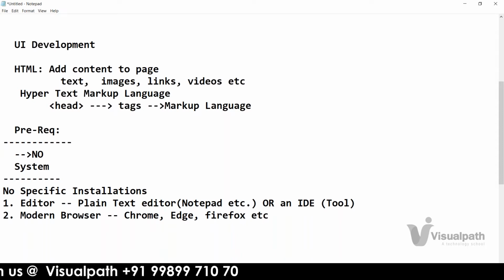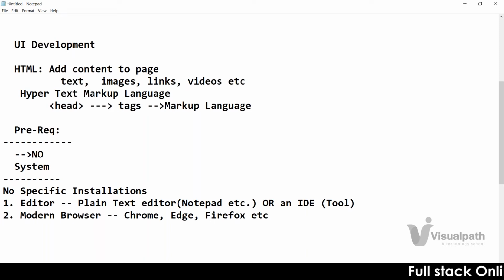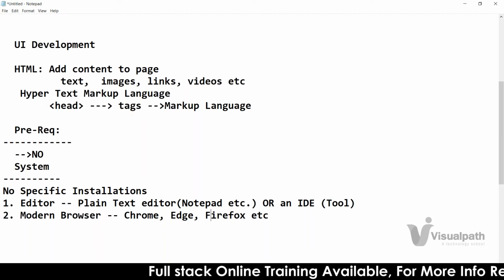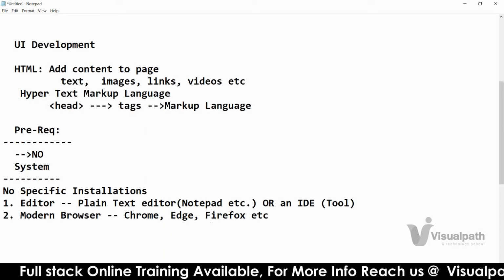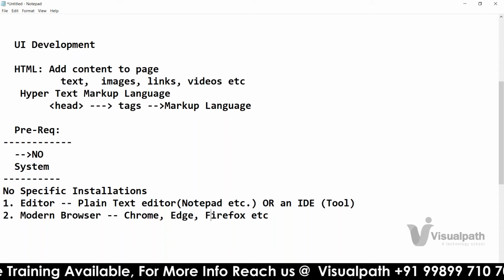Any modern browser. That's it. If you want to learn HTML, you don't require anything more. No special installations are required at your system level. So these two things are more than enough to learn.